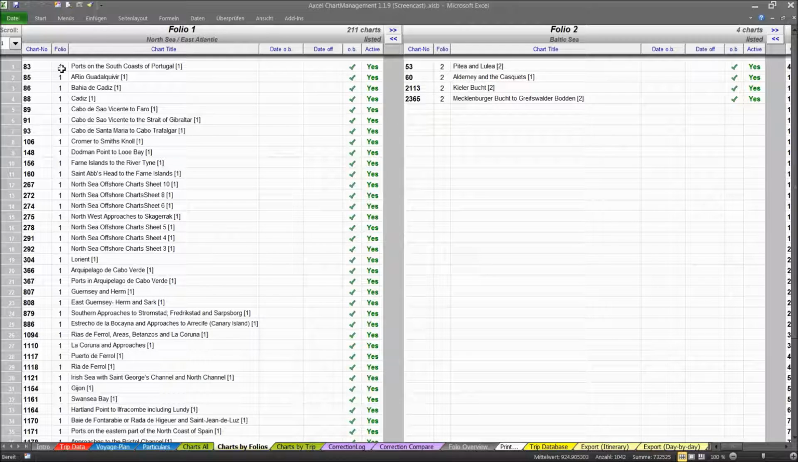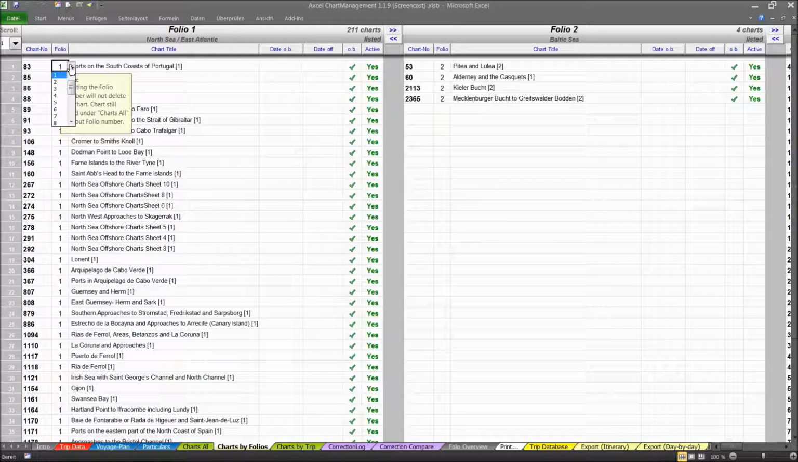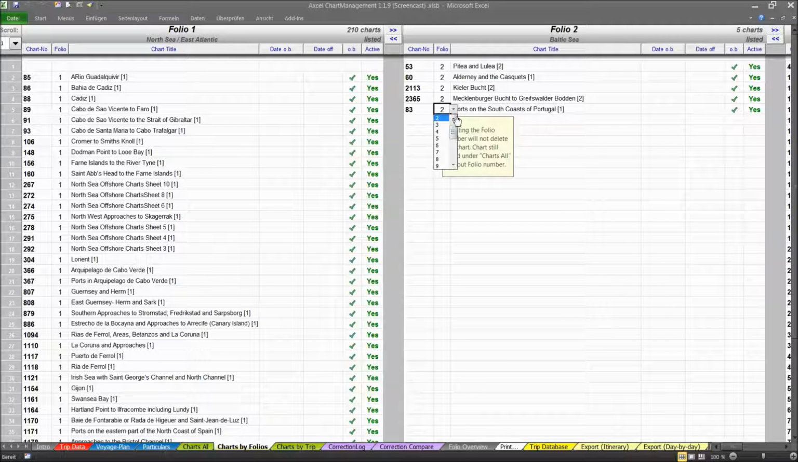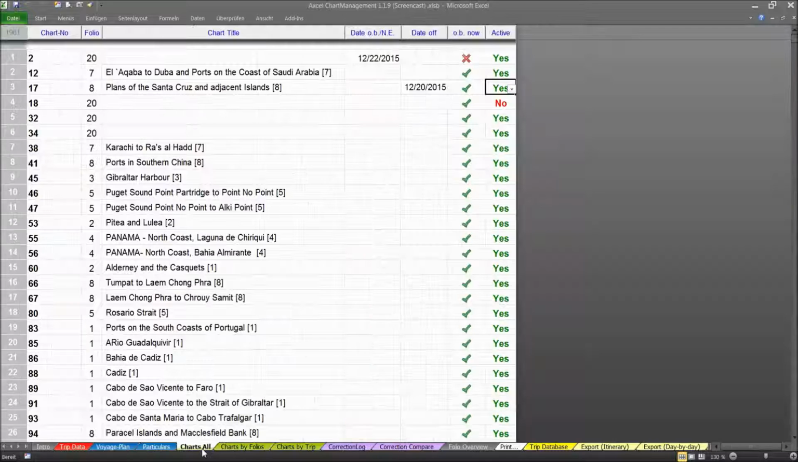If I want to change one chart to go into another folio, I can do so by just clicking that chart and the cell for the folio, and just change the folio number, and you will see that the chart has instantly moved into the other folio. And of course I can do the same in reverse. I can bring back that particular chart into this other folio, and I can do the same here in this